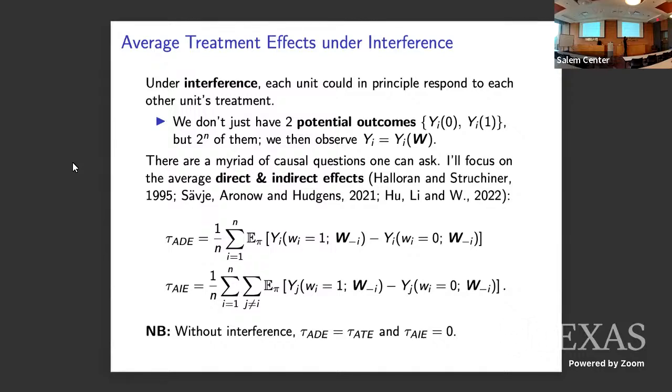This is just asking, for the ith person, what is the typical effect of toggling the ith person's treatment on all other jth outcomes, while again marginalizing over other people's treatments? It's a slightly more unusual definition. For now, I'll just write it down and note that it's just the complement of this definition, and that if there's no interference, the average indirect effect is 0.